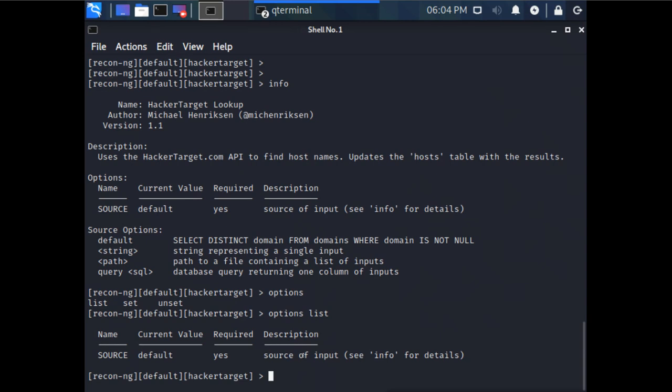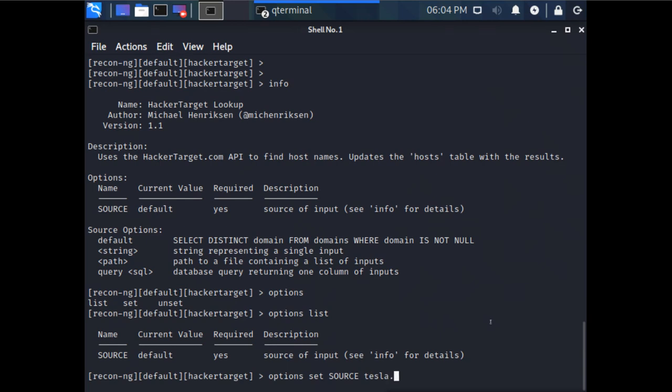I will set the source on which I want to do the reconnaissance. So I will give the command options set source, and let's say I will give tesla.com as the source.